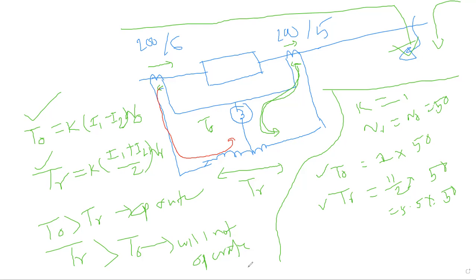Have you understood the problem? Yes, sir. TR is larger. Then tell me from these two values, which one is larger, T naught or TR? TR is larger. As TR is greater than T naught, that means this relay will not operate. Yes, sir. Now that is the thing we wanted: though the CTs are not identical, in the external fault condition the relay should not operate. And with these improved versions, we have achieved that.